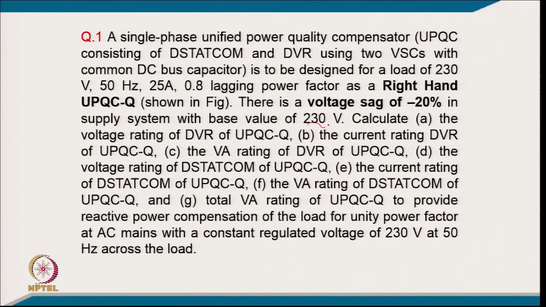Calculate the voltage rating of the DVR of UPQC-Q, the current rating, the VA rating of the DVR, the voltage rating of the D-STATCOM of UPQC-Q, the current rating of the D-STATCOM, the VA rating of the D-STATCOM, and the total VA rating of the UPQC to provide reactive power compensation of the load for unity power factor at a constant regulated voltage of 230 volt, 50 hertz